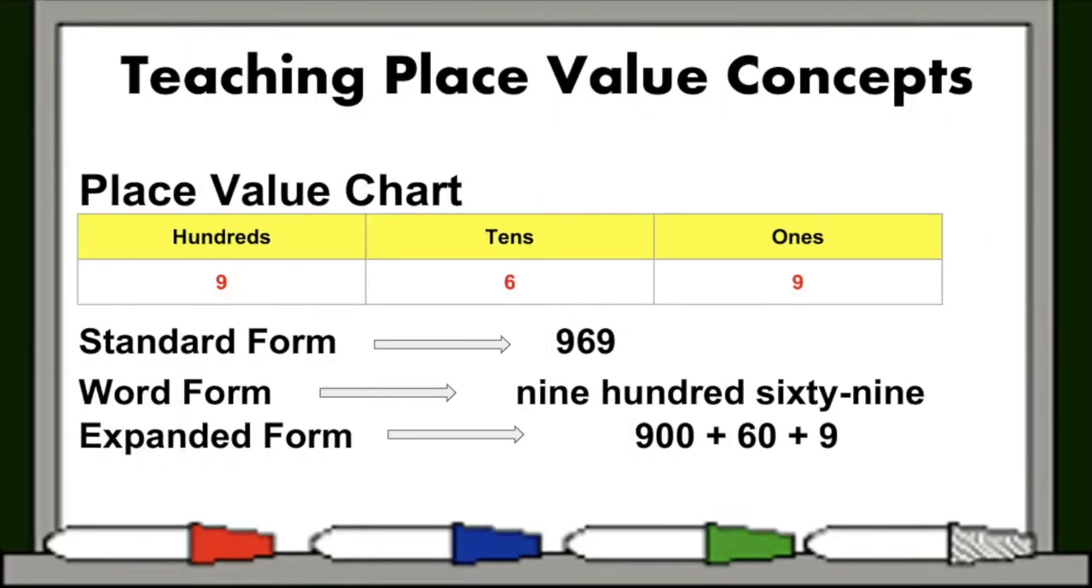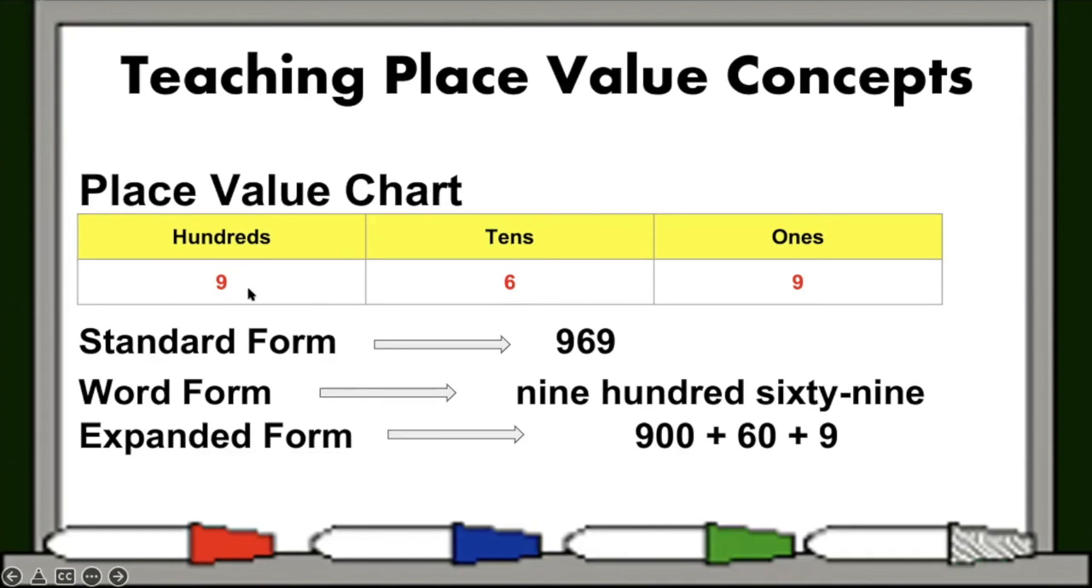Now let's look at how we can use the Bible to teach place value concepts. Let's look at our place value chart. Our 9 is in the ones place. Our 6 is in the tens place, and our 9 is in the hundreds place,